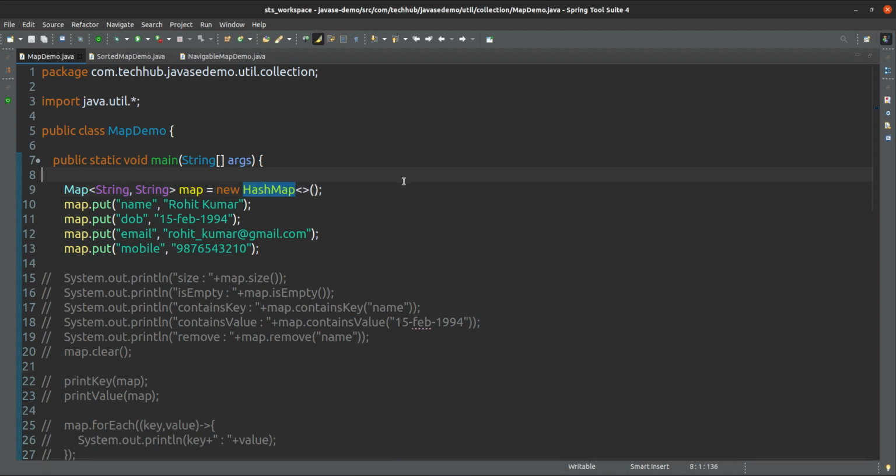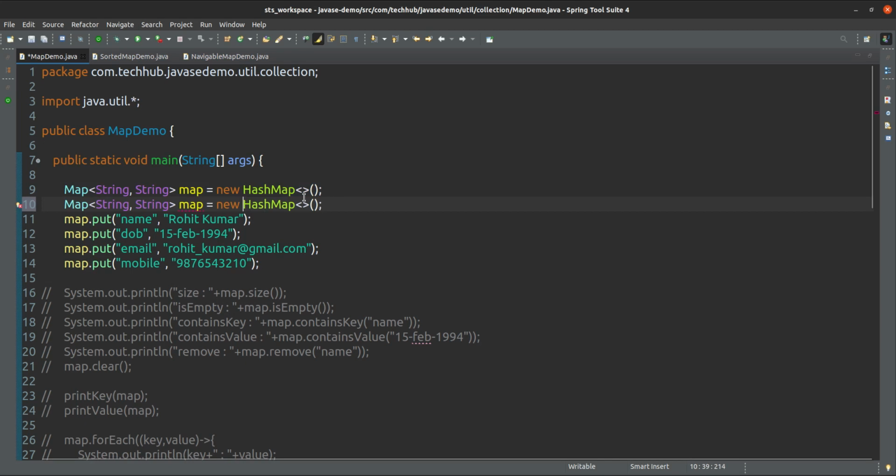Either we can use HashMap or we can use LinkedHashMap. That is also fine. It is up to our choice which implementation we want to use. We will see the difference also.